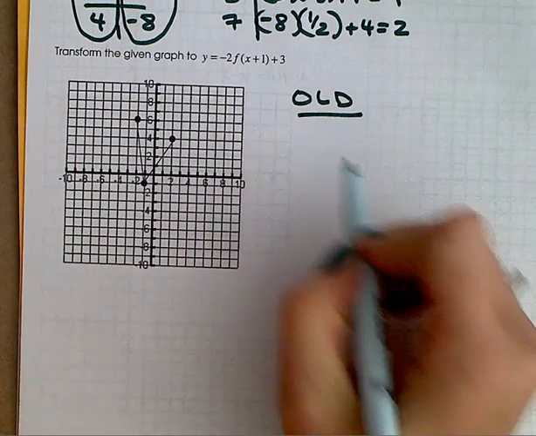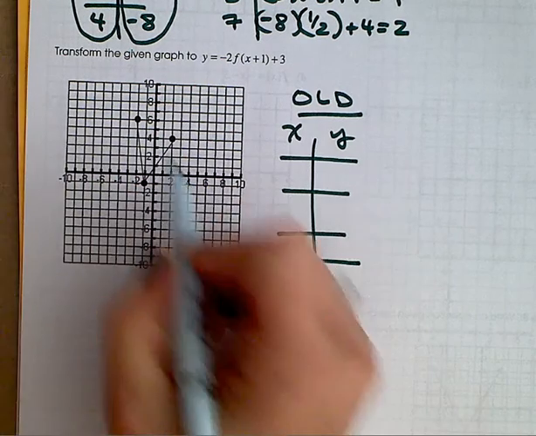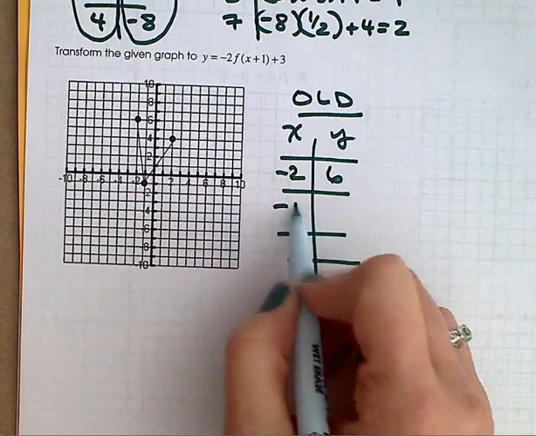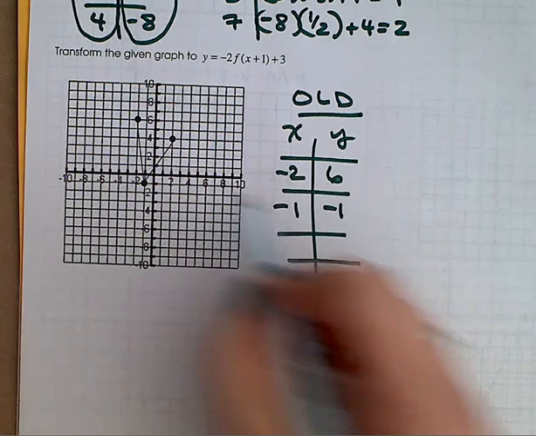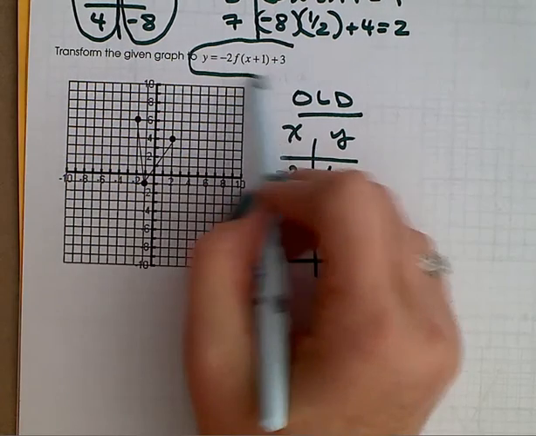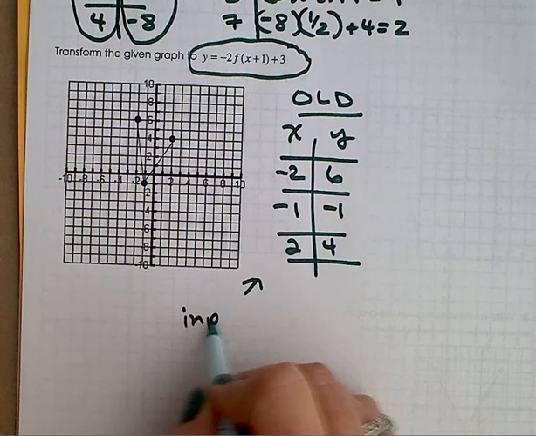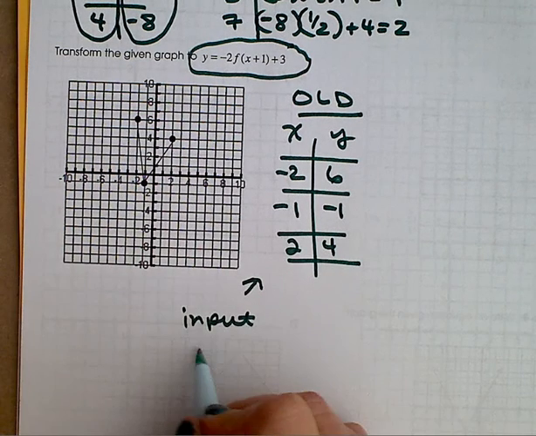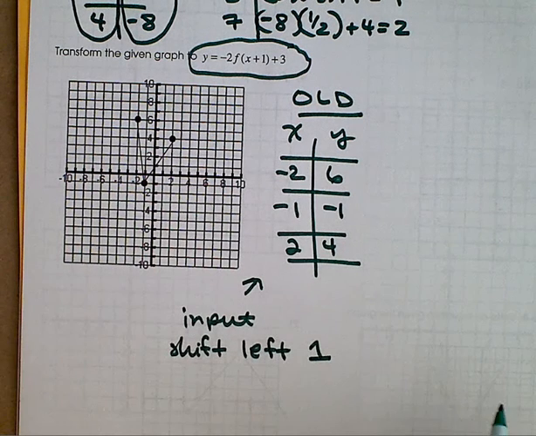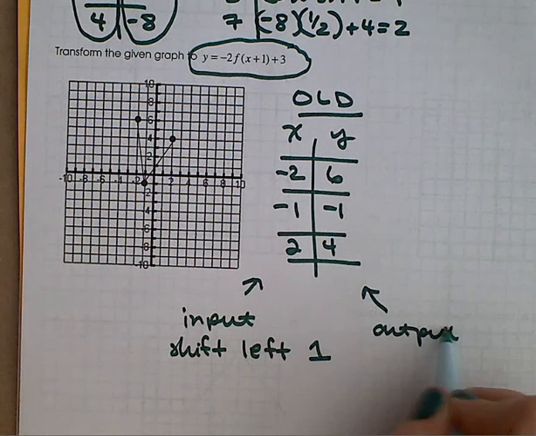Old is -2, 6, -1, -1, and 2, 4. So let's take a look at what's being done to this graph. The shift on the input is going to be a shift left 1. And the shift on the output is going to be